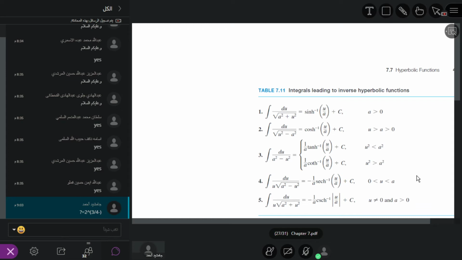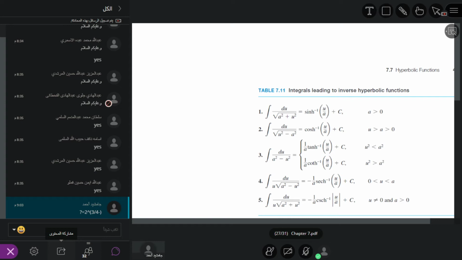So now we have found just one value. Now we can find the remaining values. How can we find them? If we have to find tan hyperbolic x, I put sine hyperbolic, minus 3 by 4, divided by cosine hyperbolic x. Suppose I take the positive value of cosine hyperbolic x, which is equal to 5 divided by 4.